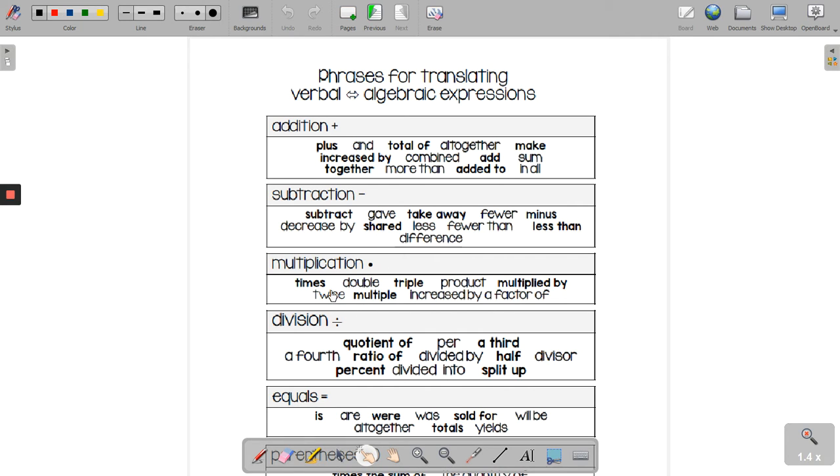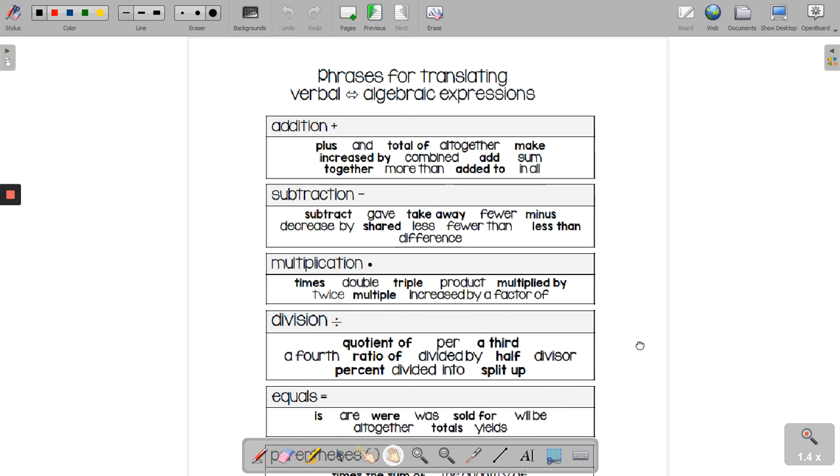Multiplication, there's times, doubled means 2, tripled means 3. There's the product, twice, increased by a factor of. So this one would be a little different than just increased by from up here. For division, there's quotient, per, a third, a fourth, ratio, half, divided into, split up,